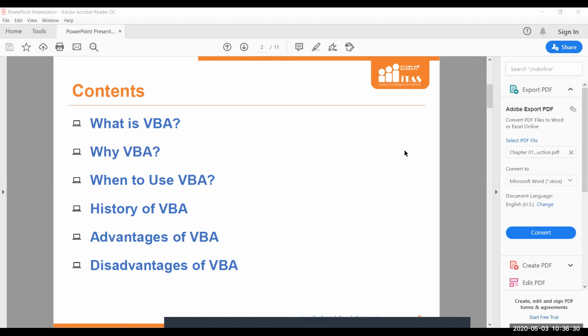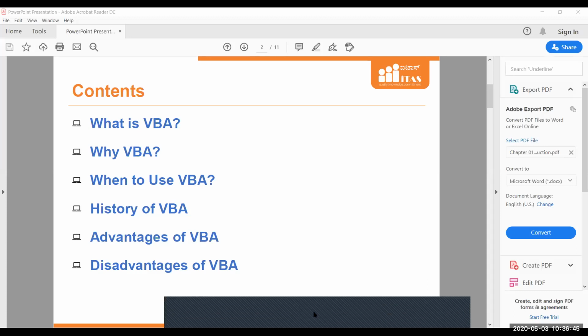Today in the market you have a lot of other programming languages available, which are quite advanced and robust in their nature. You might have heard of programming languages like Python, R, Java, .NET, and these things. But in VBA, why do we go about with it? Let me tell you a few things about VBA. Just to brief it, we are not going to cover the entire chapter here.